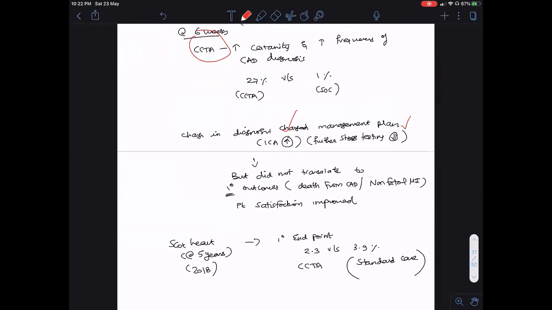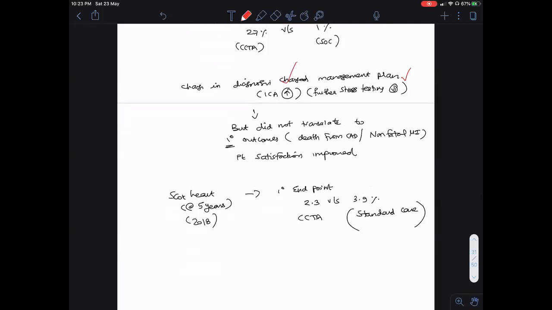But we have to understand that coronary CT angiogram per se is just a test. It is not going to improve outcomes just by itself. All these patients who underwent CT angiography and had a lesion ended up with a substantially higher rate of utilization of preventive therapies like aspirin and statin. The usage was very high in the patients who underwent a CCTA.